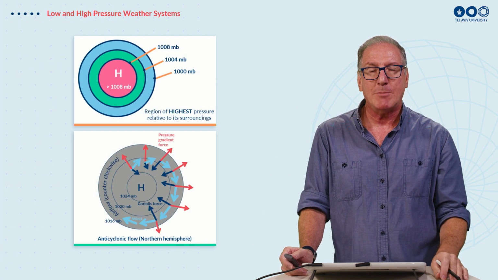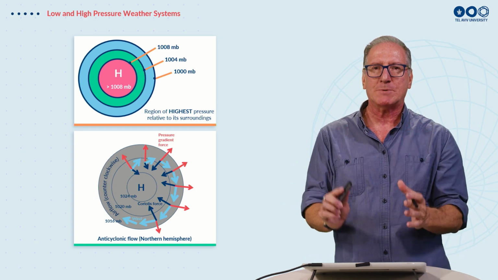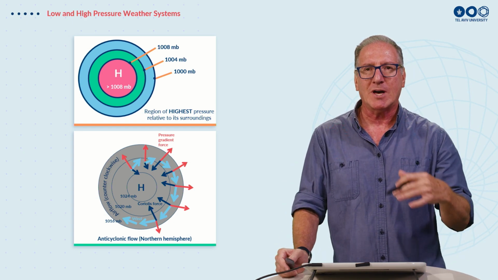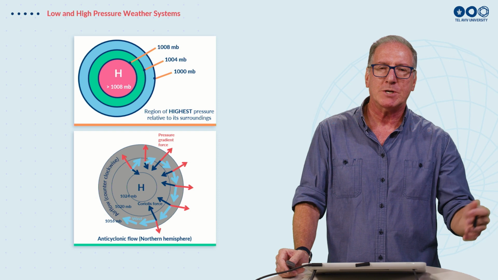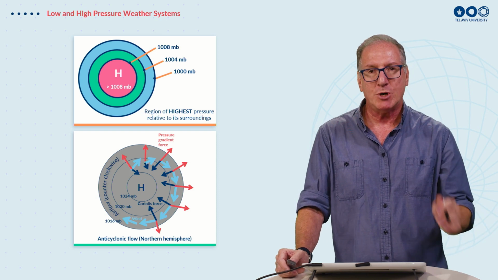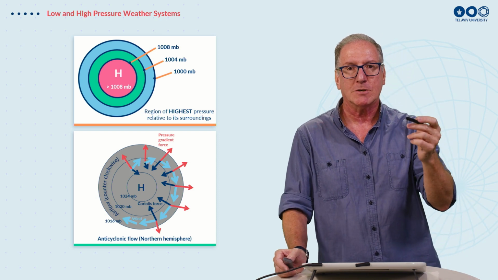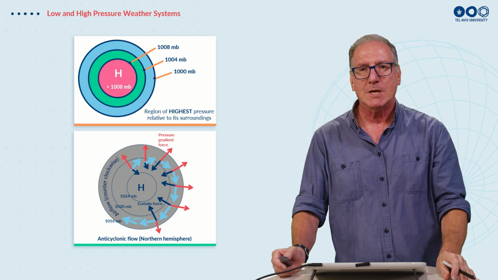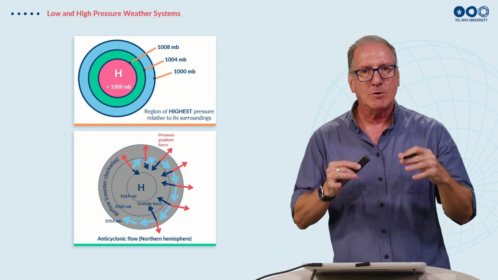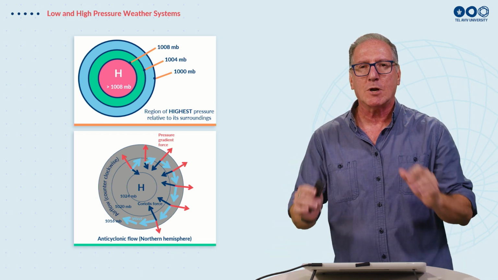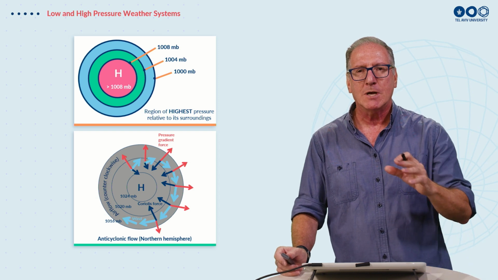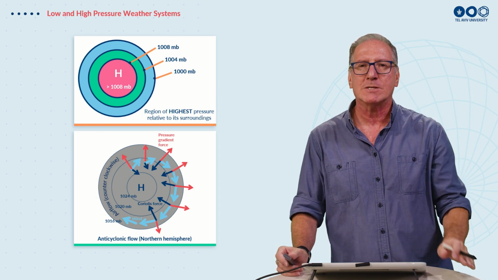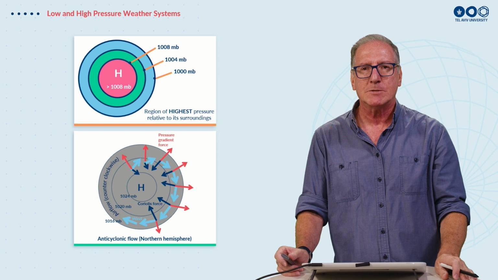We can do the same for high pressure. So now let's turn the bowl upside down. So in the center we have the highest pressure, lowest pressure on the side, and now the pressure gradient is in the opposite direction. It's always pointing outwards. Again, initially the winds will go from high pressure towards the low pressure, so they follow the red arrows. Initially, the wind will be leaving the center of the high pressure and going outwards.